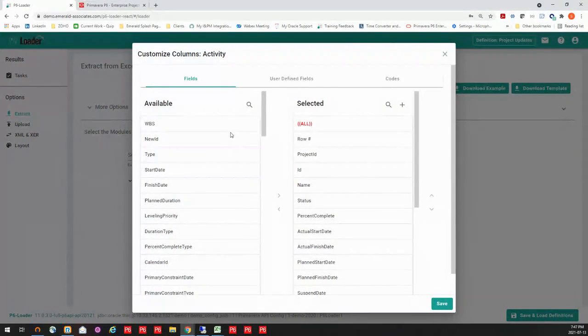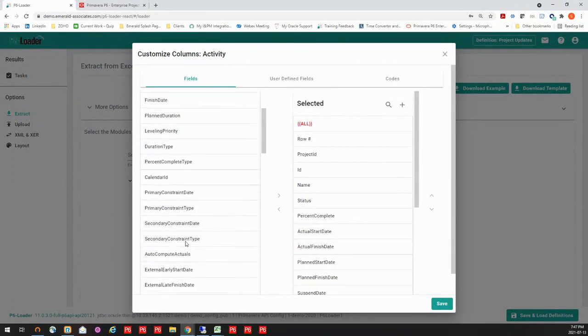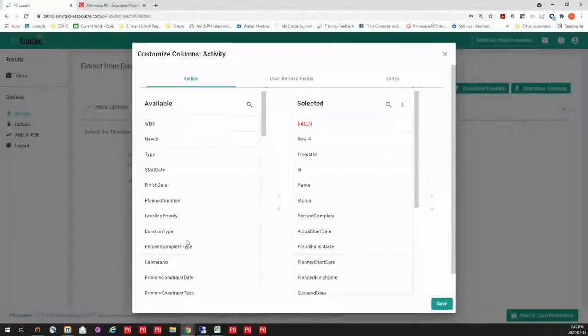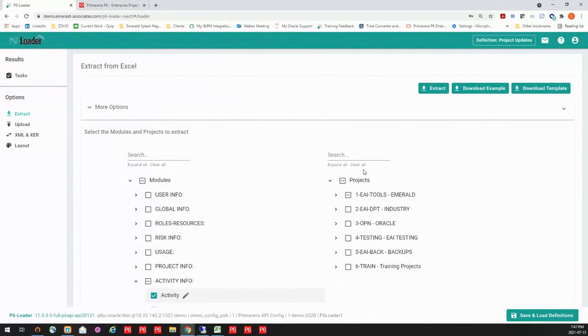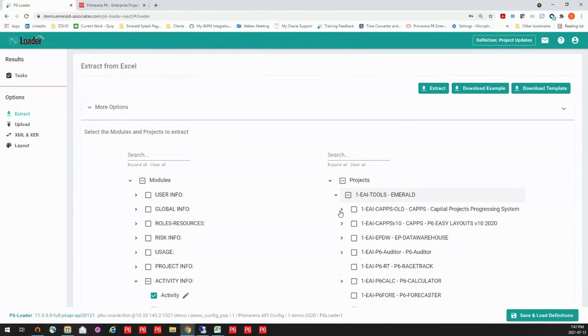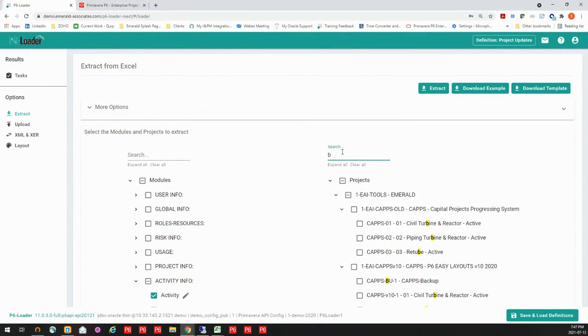Now, when I open that up, I can see that I have all the available columns on my left-hand side that I'm not going to extract. On the right side, I'm actually going to just extract a handful of columns so that it's ready to just provide to the person who's going to be doing the updates. I can save that, and as well, I have actually used this, and I'm going to search for these. I've saved it for those particular